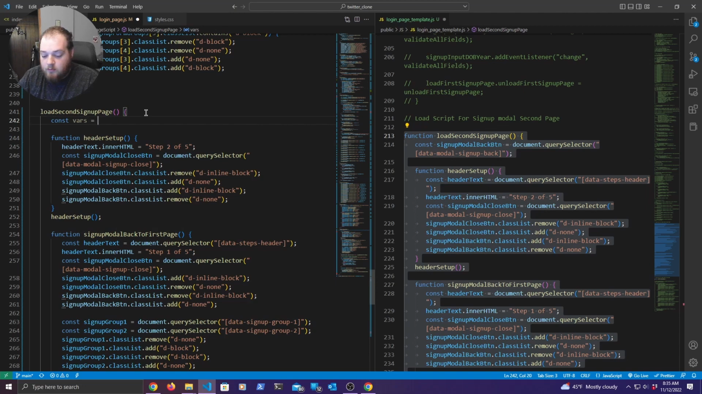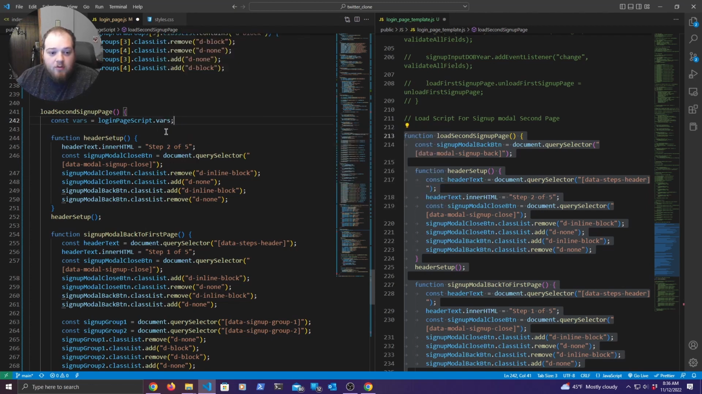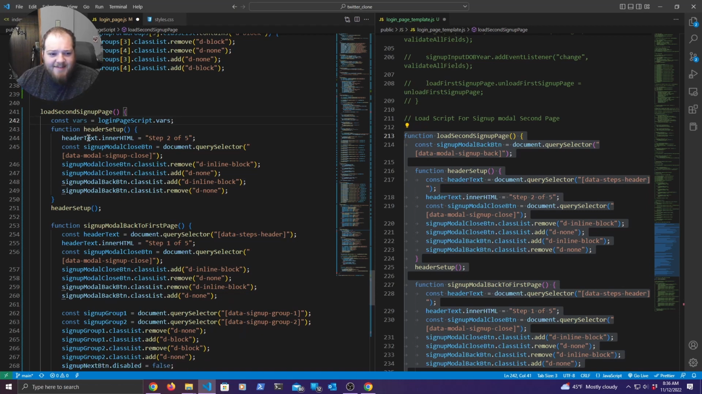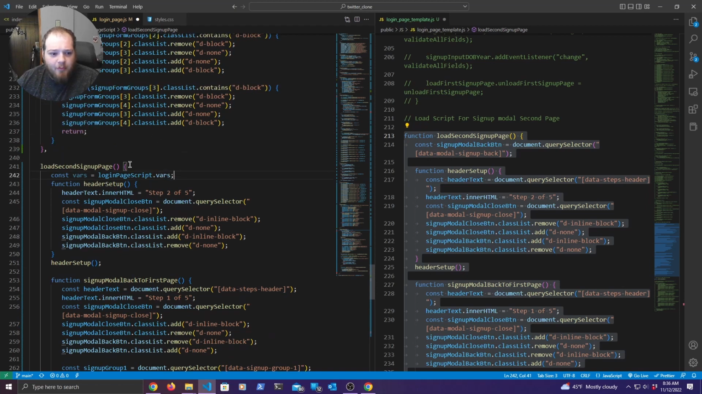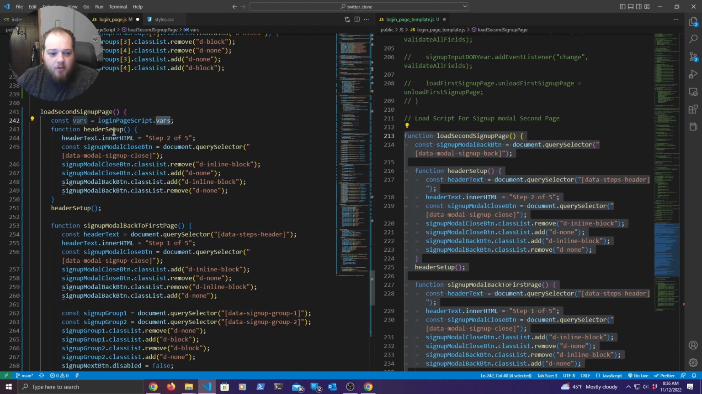Alright, so we're going to do... is equal to login page script dot vars, and in this function we'll also have access to all of the other variables in the other script as well, because we have access to that global vars object. So we can put vars dot header text dot inner HTML is equal to step 2,